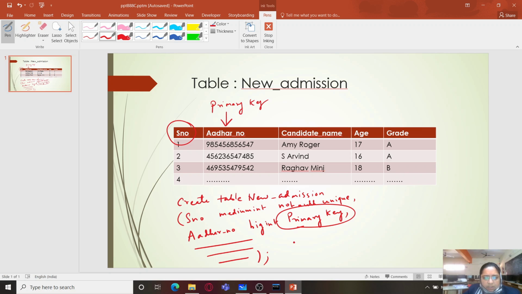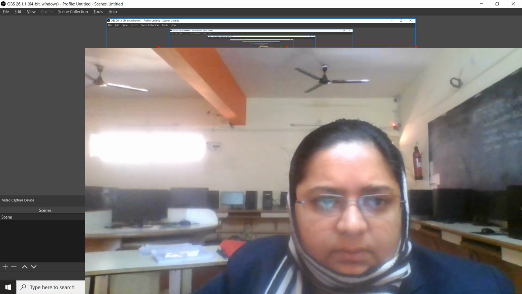So students, in today's class, that should be enough. There are three more types of constraints which we would be studying in tomorrow's lecture. So please practice creating tables and applying constraints on them. You can first understand all the types of constraints, and then at the end when you are designing the table, you can figure out which constraint you can apply on which field, and then finally we can create one SQL query for creating the table, and we can run it on MySQL.